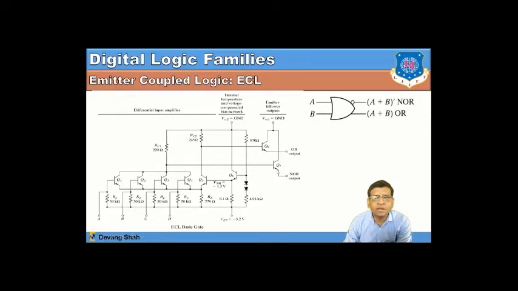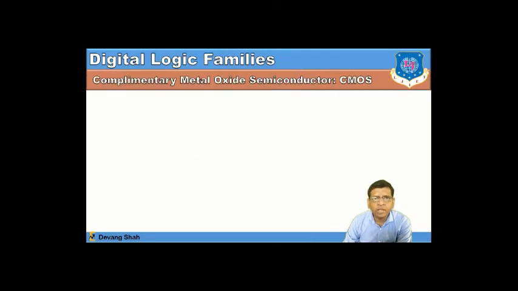this ECL logic family. So again here the components, transistors, resistors, and diodes, are connected in such a way that you can get two important logic gate realizations. One is OR and another one is NOR, right? So this is one more type, and the last one you can consider is the CMOS or